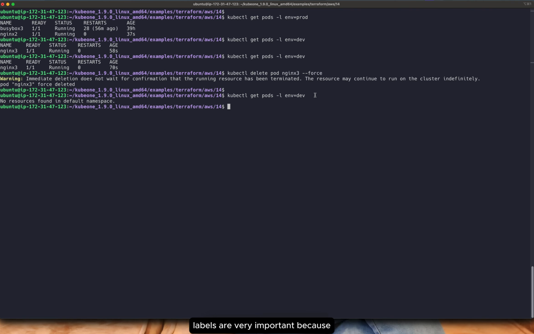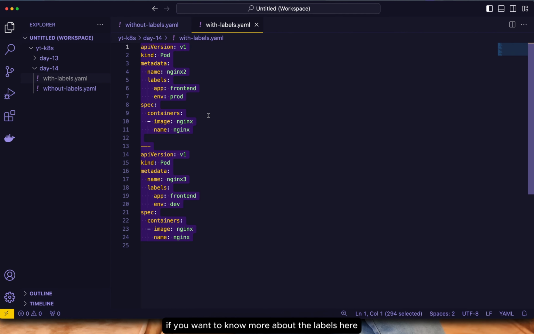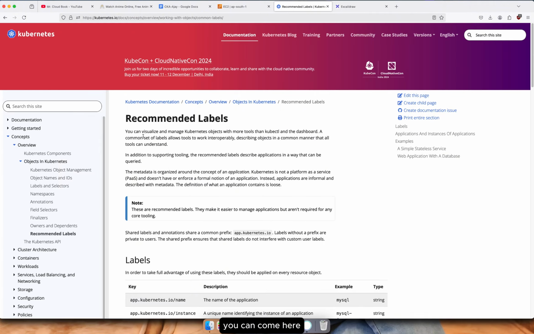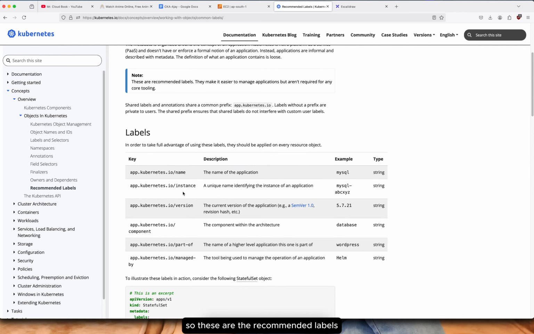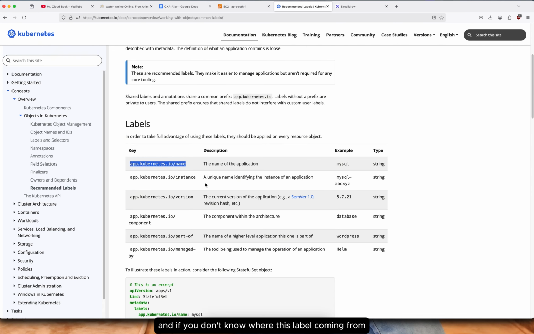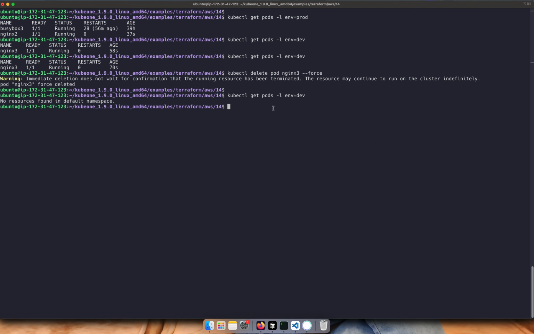Here labels are very important because they make things very easy to identify, and in order to call your pods and replication sets in the upcoming videos, we have to use these labels and label selectors, and I will explain about the selectors also. If you want to know more about labels, you can come here and see the recommended labels we can use. And if you don't know where these labels are coming from, you can again come here, because we have so many labels here. kubectl get nodes